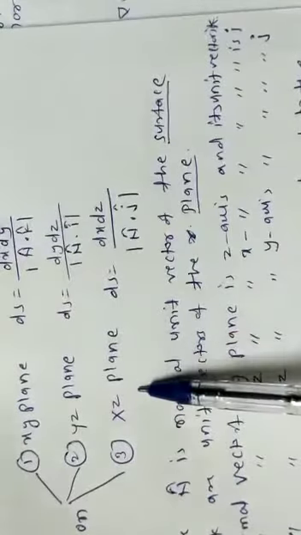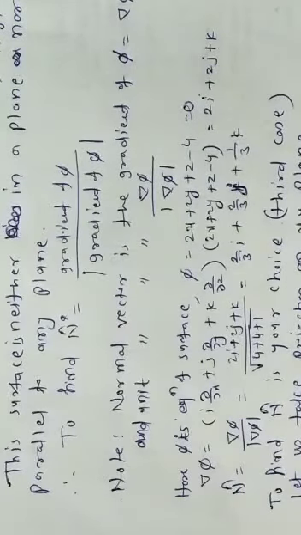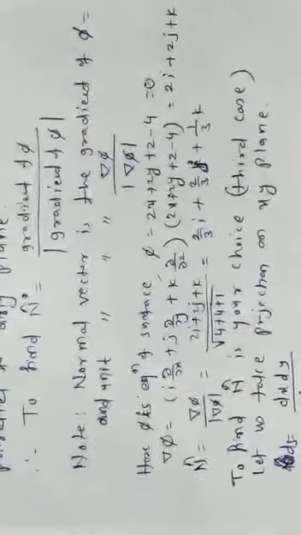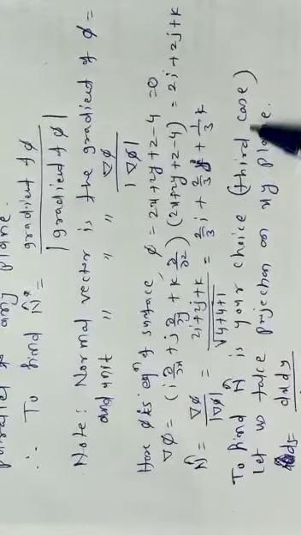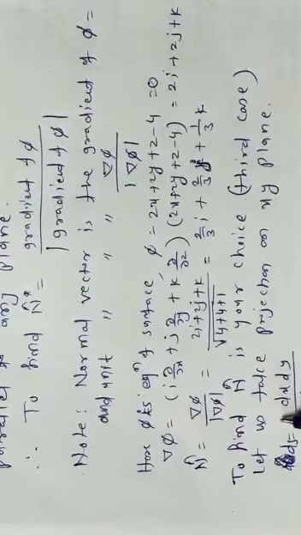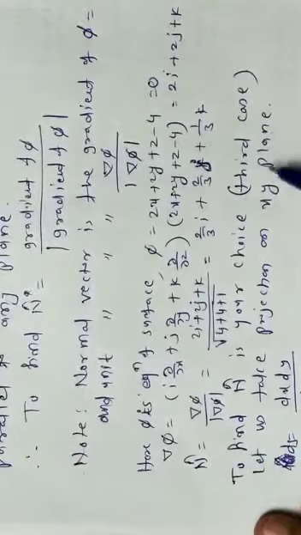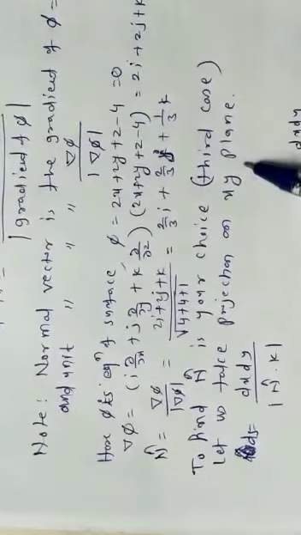If the projection is in the xy plane, yz plane and zx plane, but here the curve is not lying in any plane, correct? So how to take the projection? To take the projection, you have your own choice, because this comes under the third case, right? So usually if we have a choice, we just take the projection on the xy plane. You can take the projection in the yz and xz plane also. Now here I am taking the projection on the xy plane.